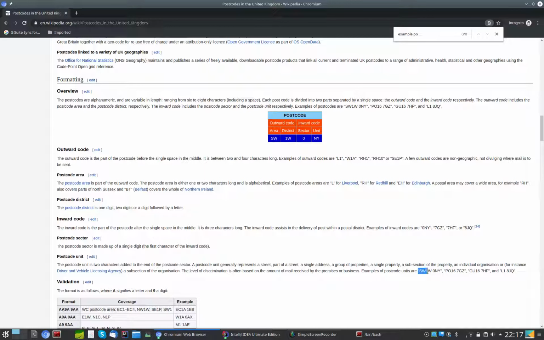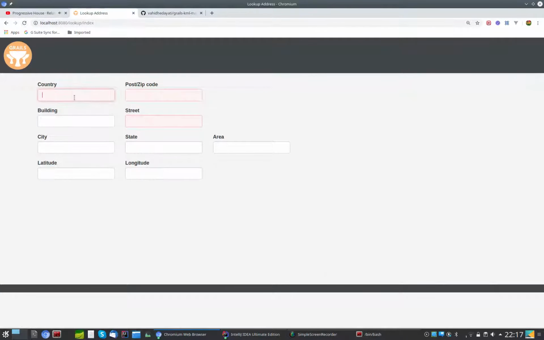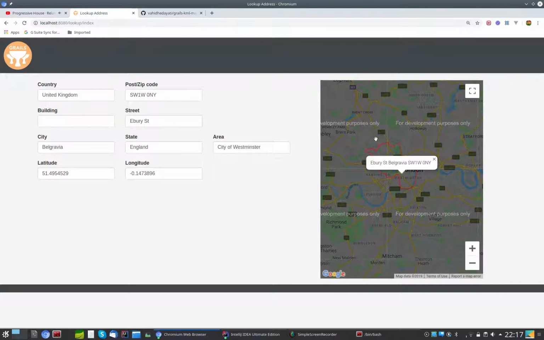Okay, so here's some. And it's given us the boundary of where that postcode sits and the street name and everything like we saw